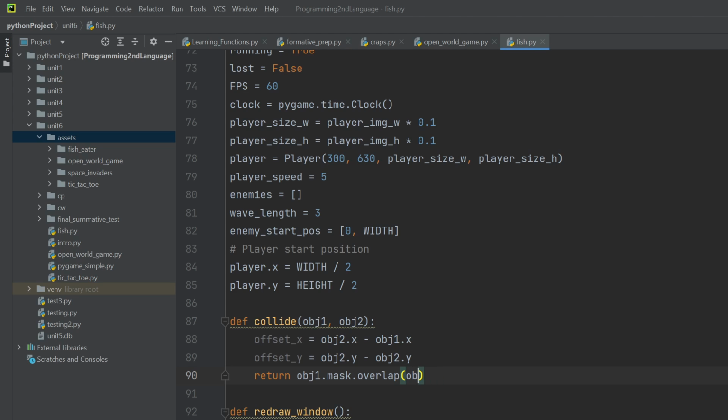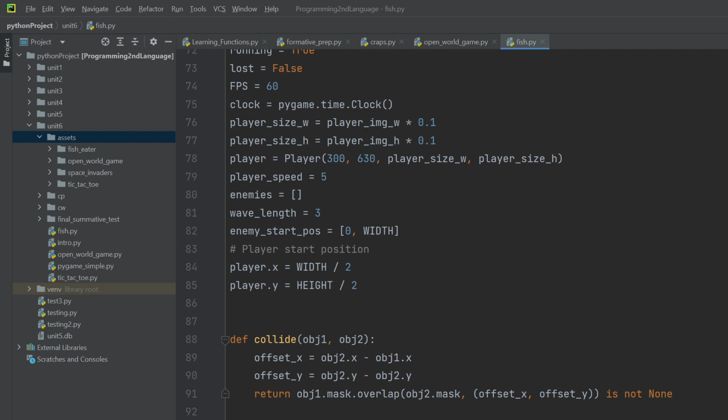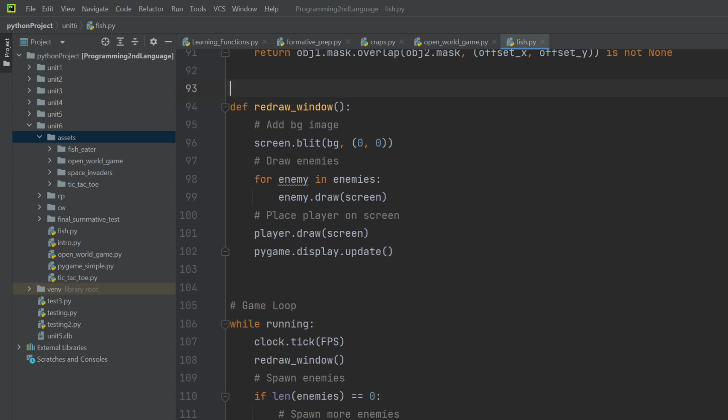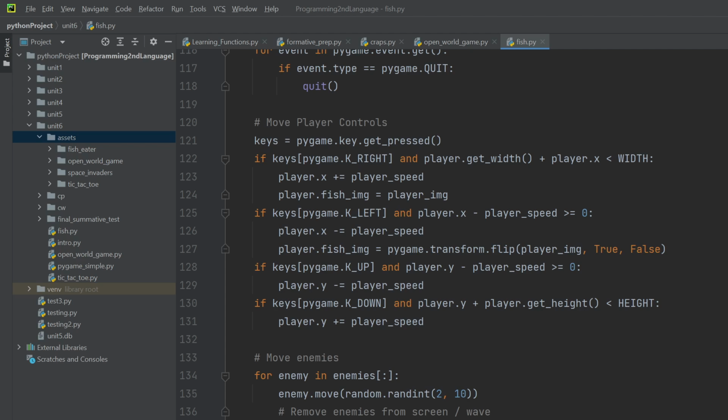Object2.mask, and then we say offset x, offset y is not None, because if it's not 0, right? So that is our lovely collide function. And now if we go back to where we were, where we're removing the enemies from the appended list here,